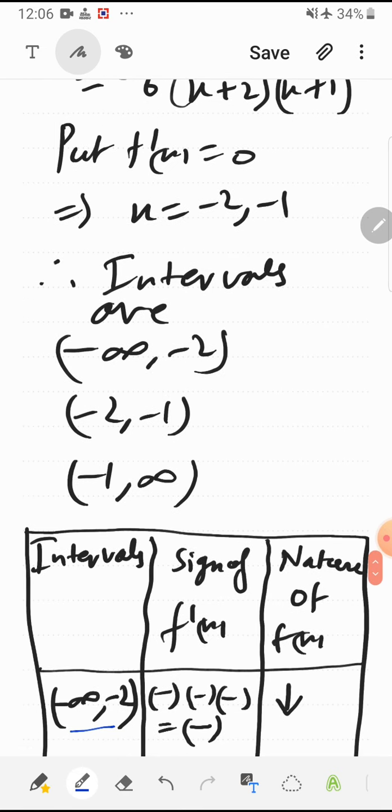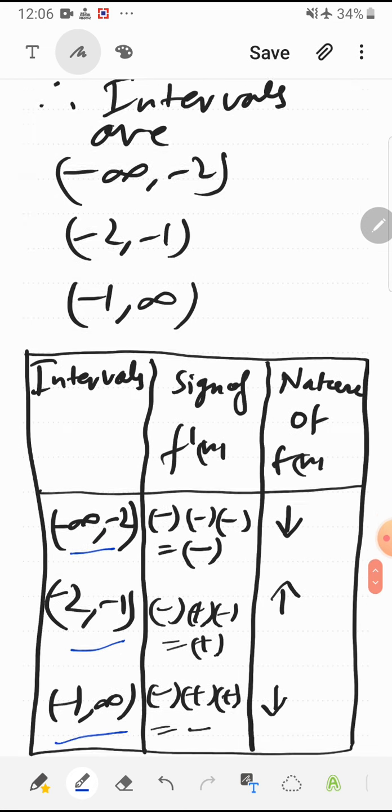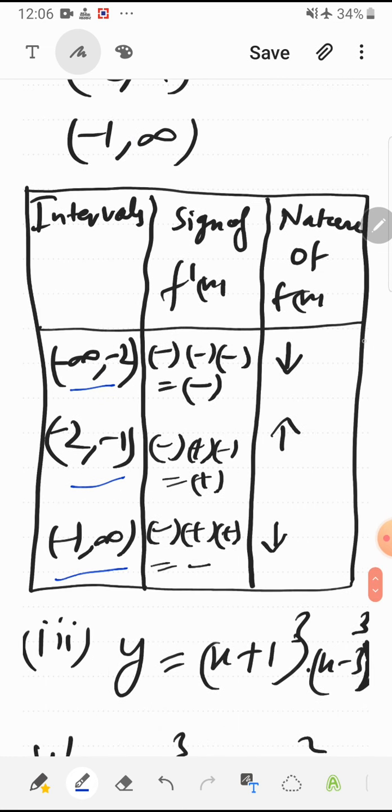Now students, most of the time in alternate intervals the sign is changing, the trend is changing. If it is decreasing in the first interval, then in the next interval it is increasing, and in the next interval it is decreasing. So it very rarely happens that consecutive intervals show the same sign and the same trend.